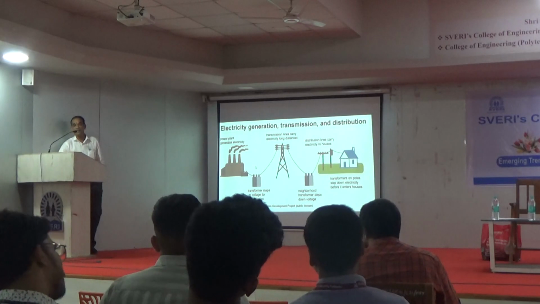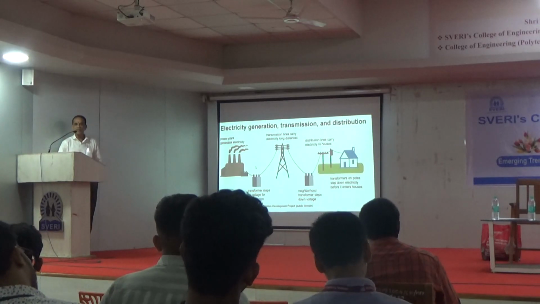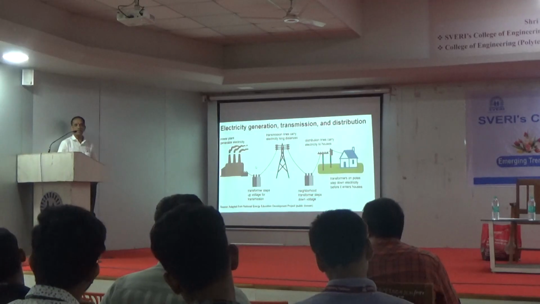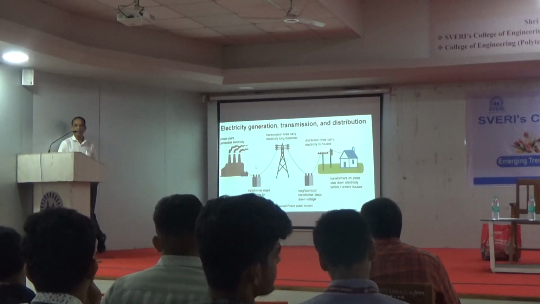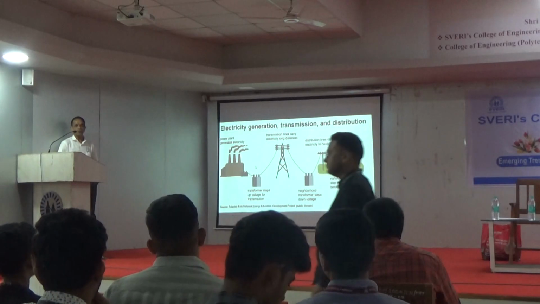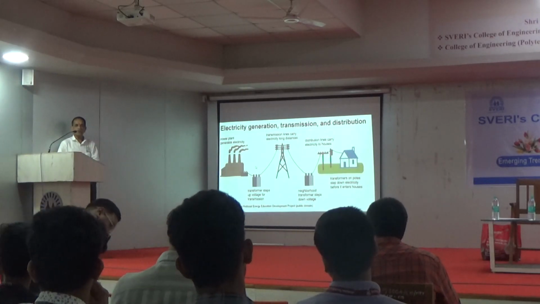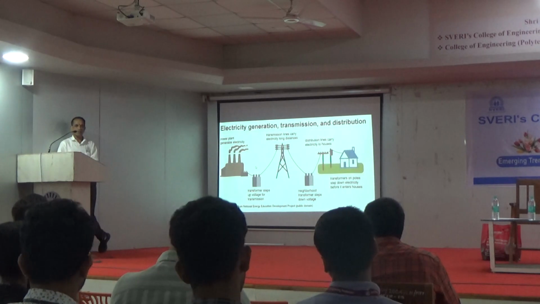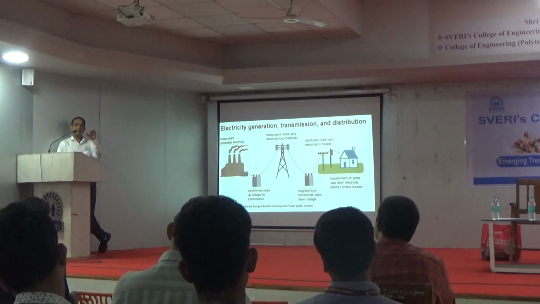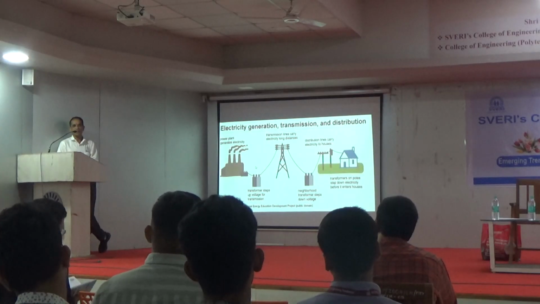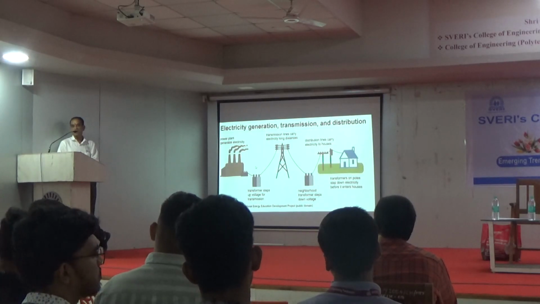Now let us talk about the industries. Most of the industries, they go for boilers. Okay, boilers, what is the basic principle? They heat the water or they heat the oil. Okay, so if you can use a solar water heater which will preheat the boiler feed water, say up to 60, 70, 80 degrees, that is possible. That is the second best business opportunity. And nobody has thought on this till date.